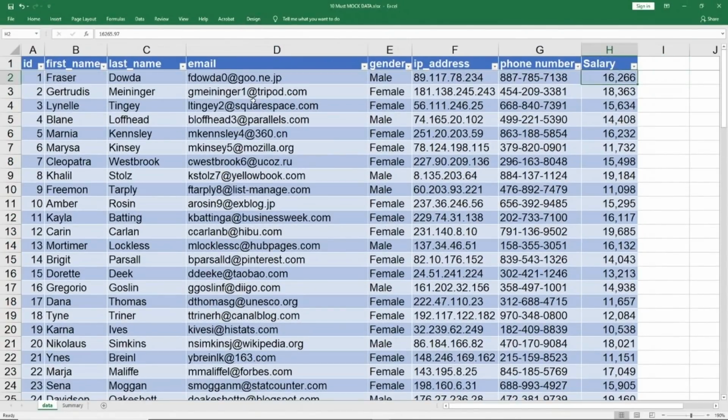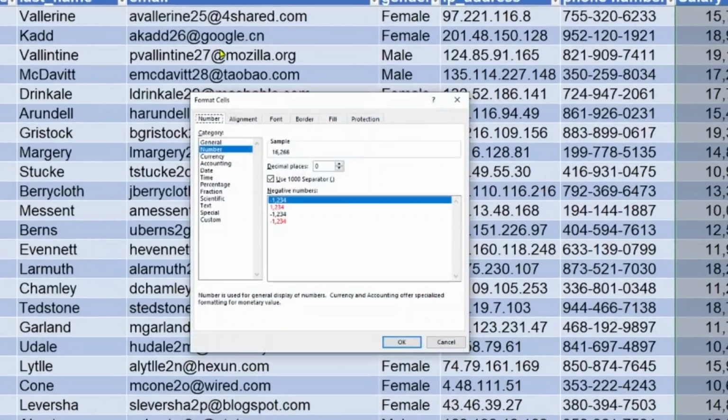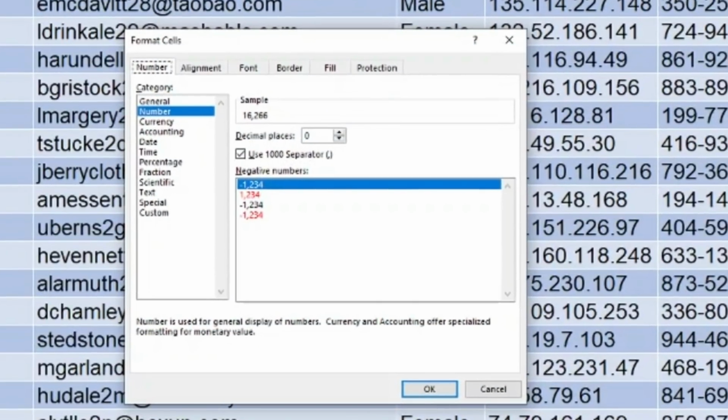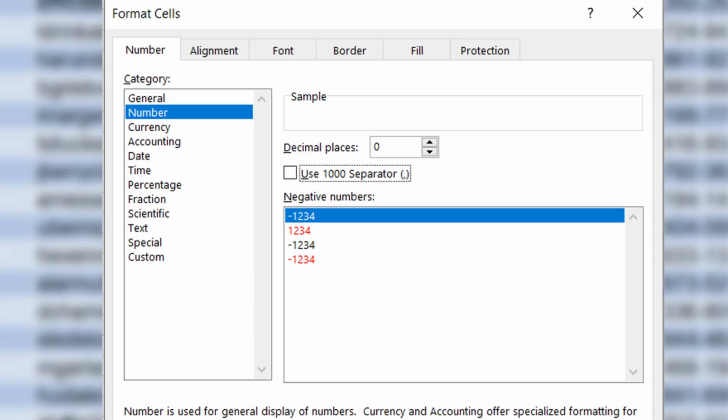Escape, escape. So now things have changed. Now it is showing me the sum, which means now it has become the number format. Had it not been in the number format, I would have again gone to H2, Shift Control Down, Control 1 to come into the formatting and see here. My number is selected on the top bar.